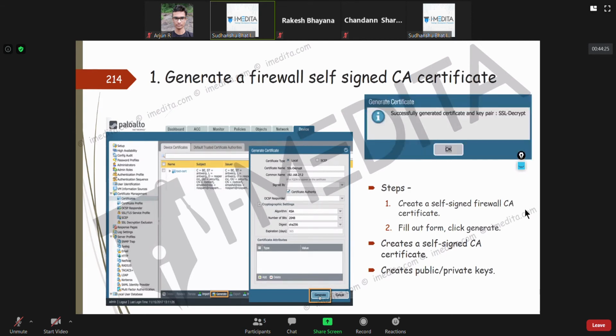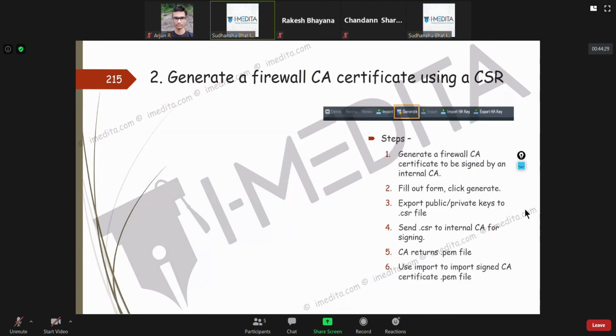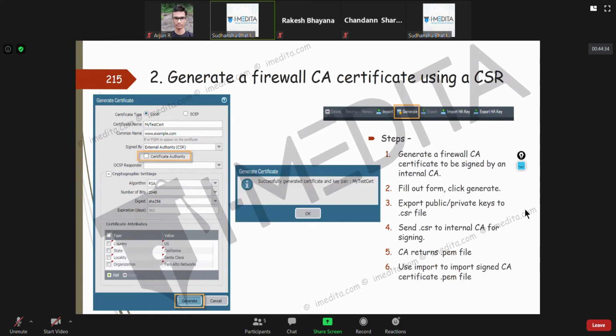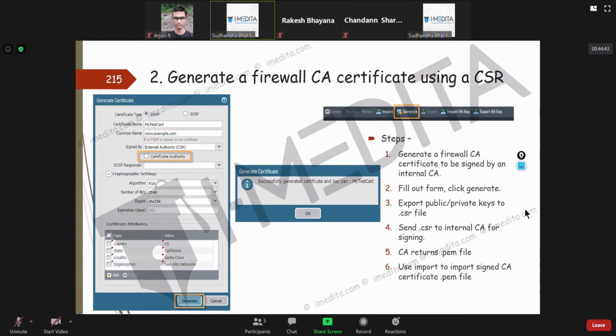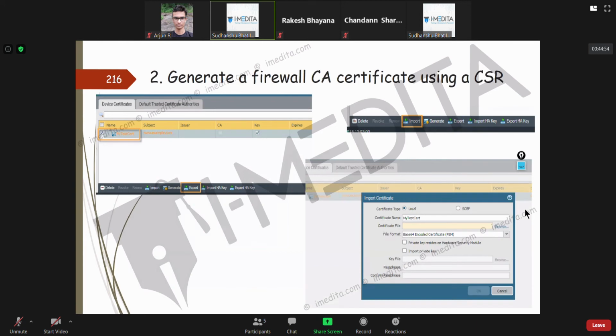Second, like I told you, you click generate, you keep the checkbox unchecked, you fill in all the details and generate a CSR, and then you can click export. Once you have the certificate, you can import it back by browsing, and then you will have the certificate.